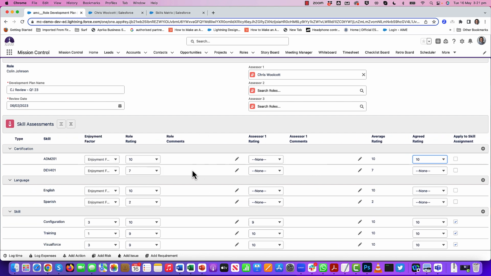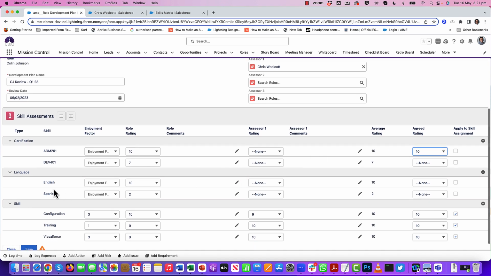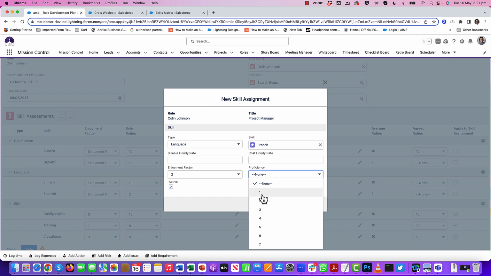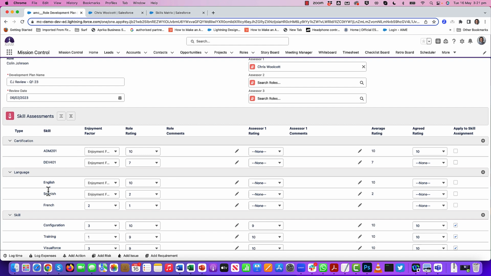So what you can also do is add in a new skill as well. So for example, I can speak English and Spanish. It might be that I have an interest in learning a new language, which would help me perform my role as well. So whilst I don't have any proficiency at it at the moment, what we can do is load that in. So I can either create a new skill, or I'm going to go in and access French. And I'm just going to indicate that my enjoyment factor is 2, but my proficiency is super low at the moment. So when I add that in, what that will do is add it in as an assessment row,